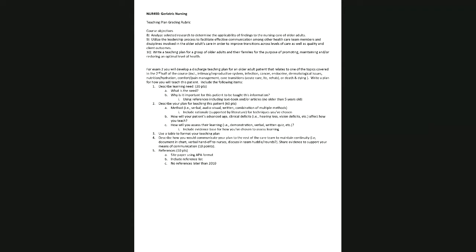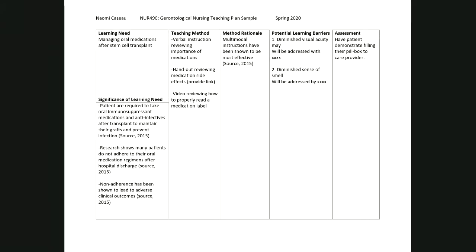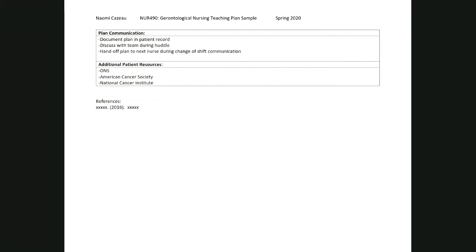Now, I don't want it to be a long paper. I really want it to be like a care plan. So I provided a table that you can use. I would like it in a table format, and I provided a sample that you can all use. You're free to just use this and change your information, but this is basically a sample of what I'm looking for. So what the learning need is, what the significance of that need is,